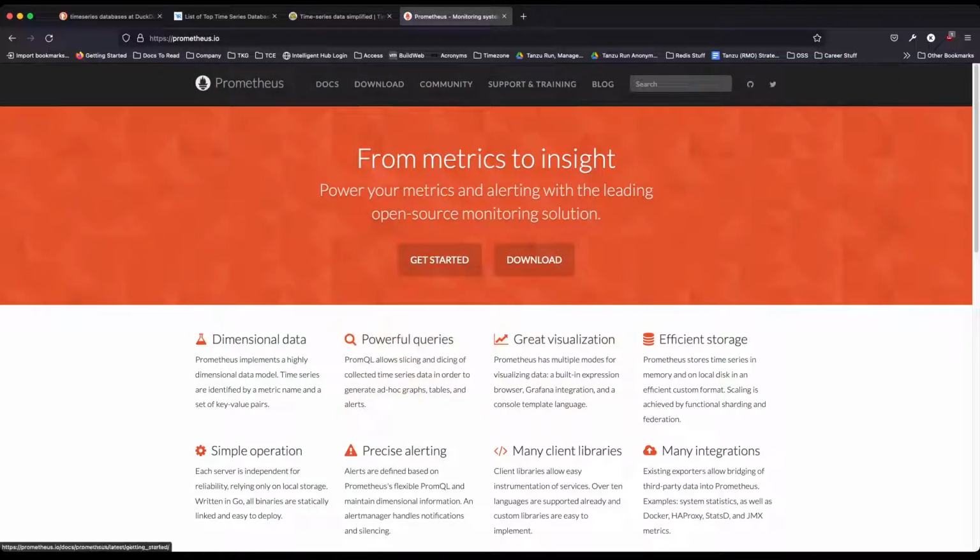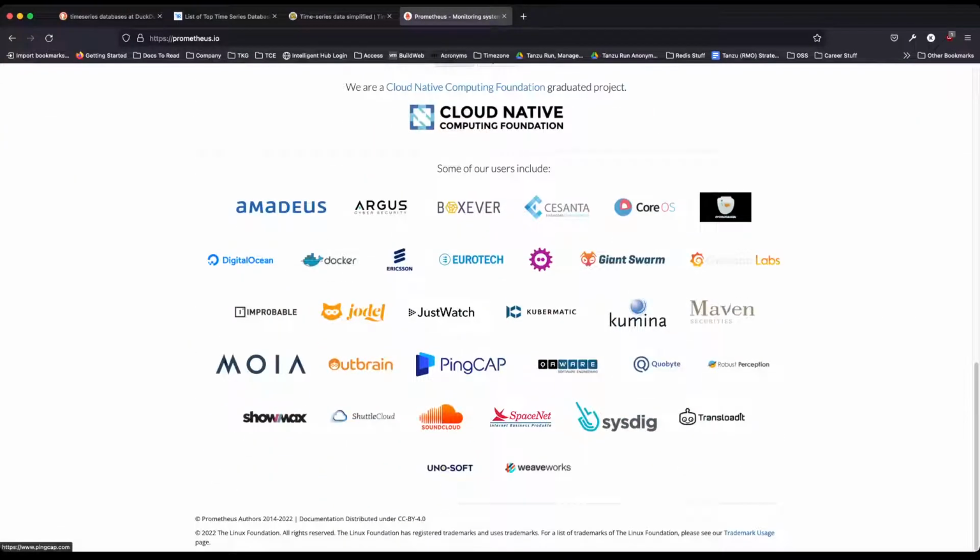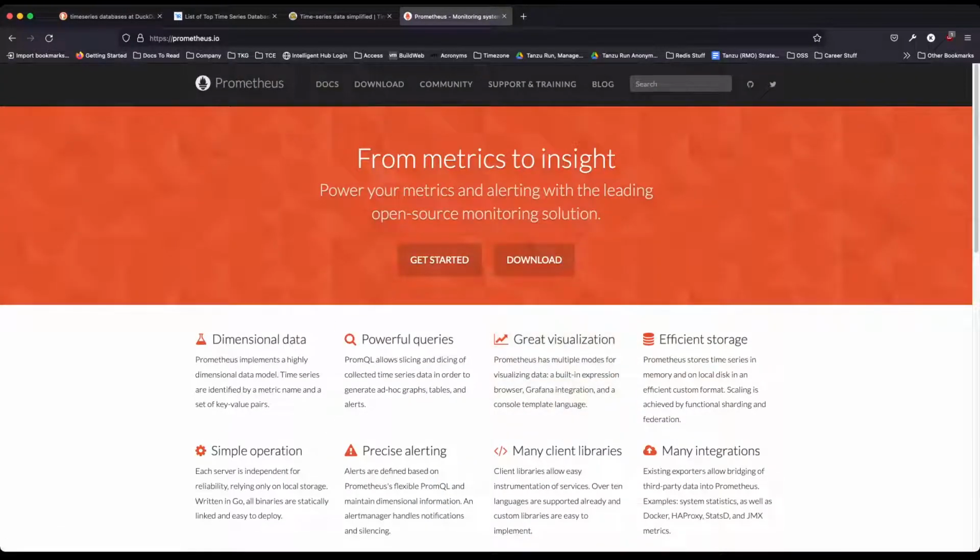And so the thing is this, right? Here, you can find out all the features of these time series databases. I'm not going to go into them, but it will be interesting for you to check out what they actually provide. For example, Prometheus,